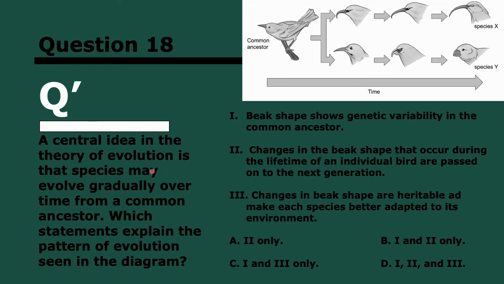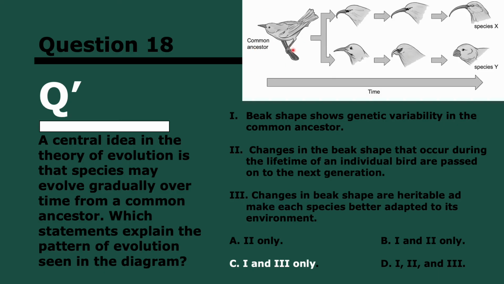Okay, so question 18. A central idea in the theory of evolution is that species may evolve gradually over time from a common ancestor. Which statements explain the pattern of evolution seen in the diagram? Okay, stop to think now. And in 3, 2, and 1. It's 1 and 3. Why? Okay, so beak shape shows genetic variability in the common ancestor. That's true, right? Within the species, there was certainly variability amongst different organisms, the same way there's variability in